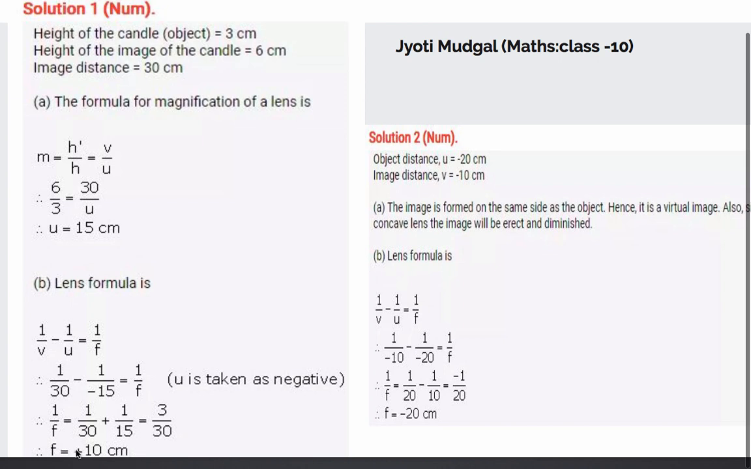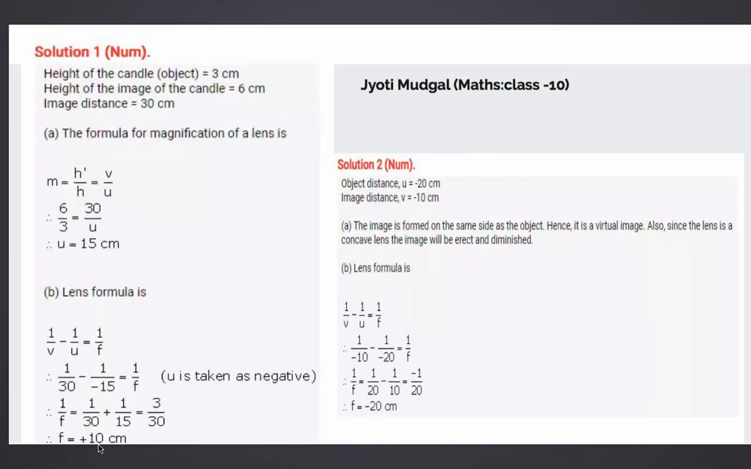And what will be the sign? Plus 10 centimeter. Since it is coming positive, it verifies that your solution was all correct, because we know for a convex lens, the focal length is always positive. First is clear, students. Let's move to the next question. The second question says,